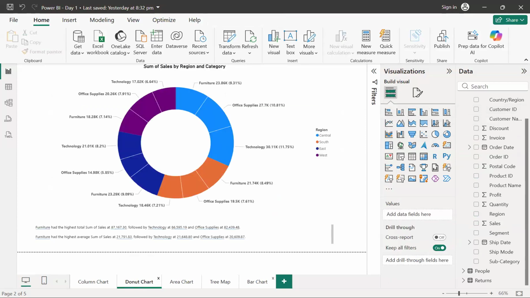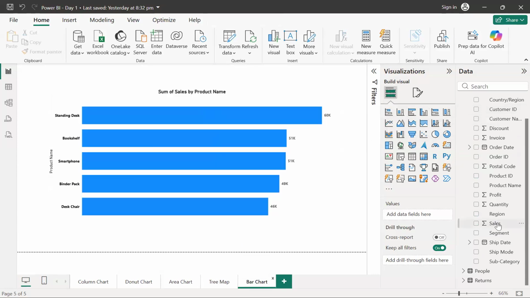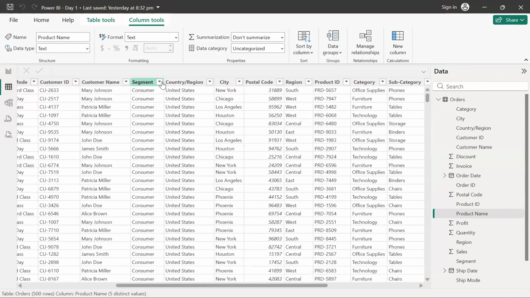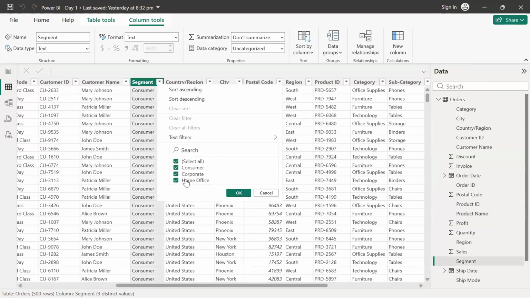For example, there is a segment column. If I go to the table view, the segment column probably has three segments: consumer, corporate, and home office.